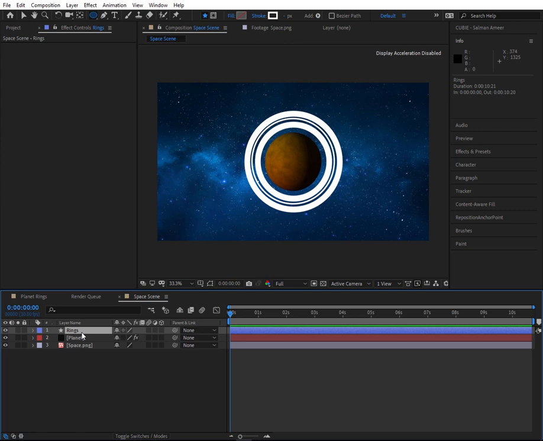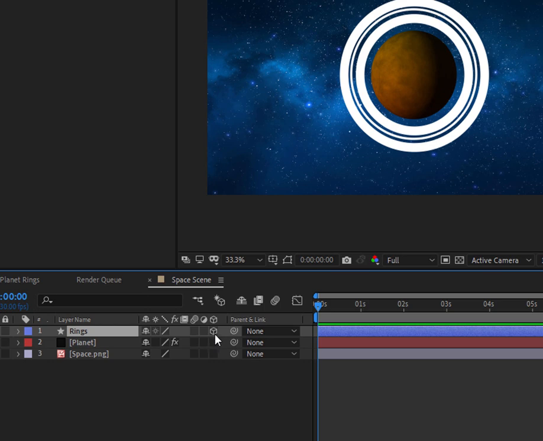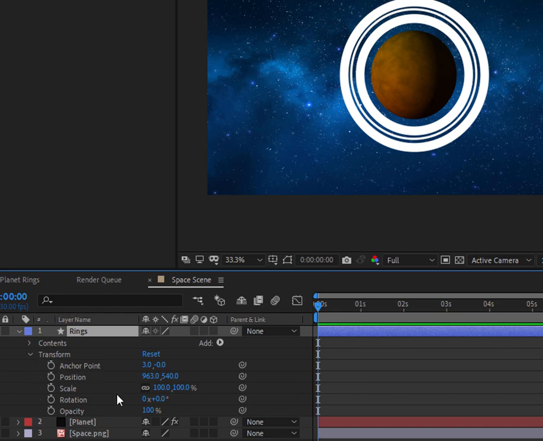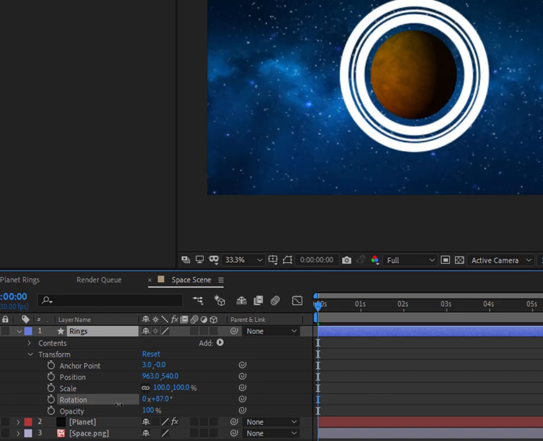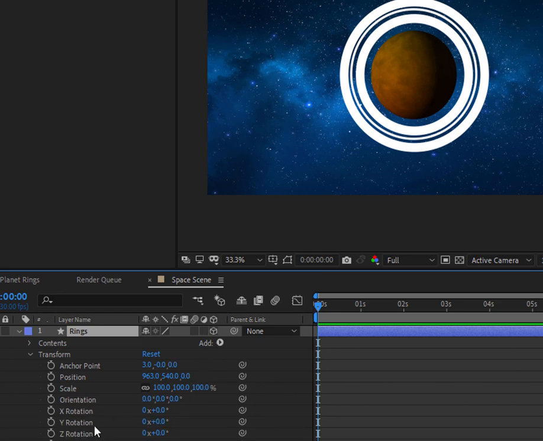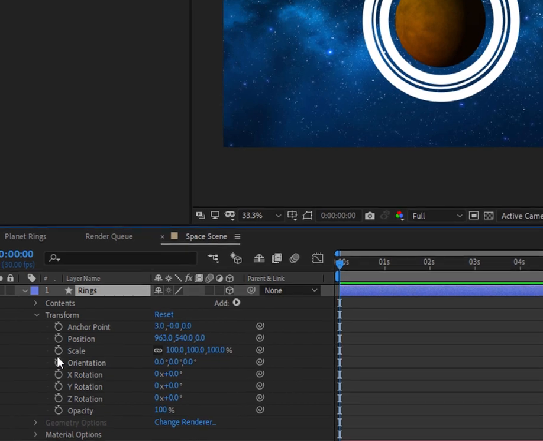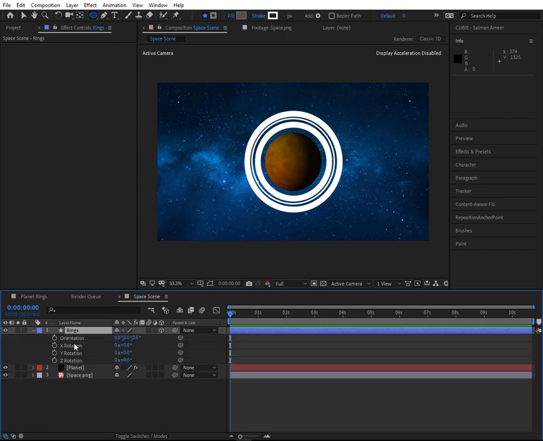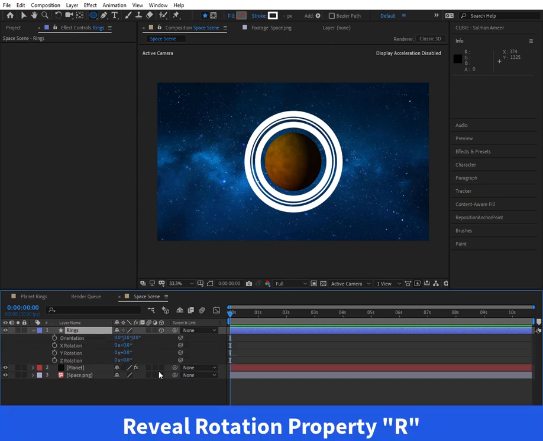And now we need to make this 3D, because if you don't make it 3D, then the transform value of the rotation will give you only one, so you can just rotate it clockwise or anti-clockwise. Now if I make this layer 3D, it will give me the X, Y and Z rotation because it's 3D now. So if I select the ring and press R to reveal the rotation properties,